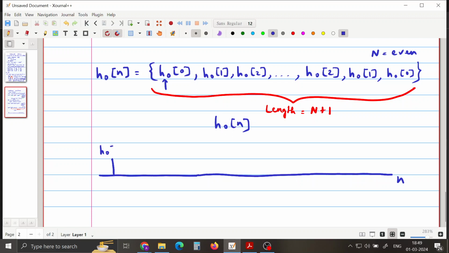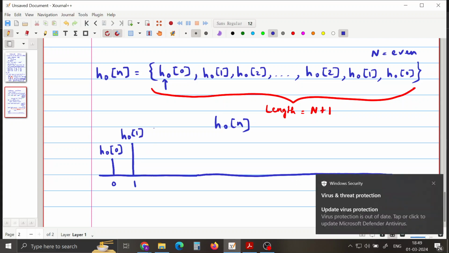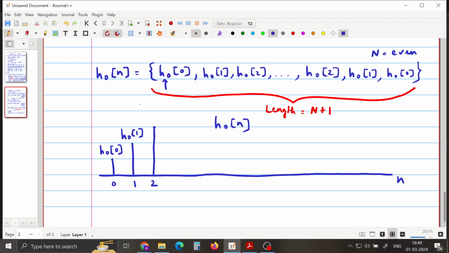The value is h naught of 0. So this is at n equals 0. Similarly, at n equals 1, we have h naught of 1. Let's say it's somewhere here. Similarly, let's say at n equals 2, we have h naught of 2, which lies somewhere here. Okay, and it continues, so on, dot dot dot,